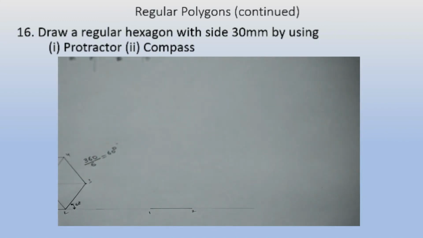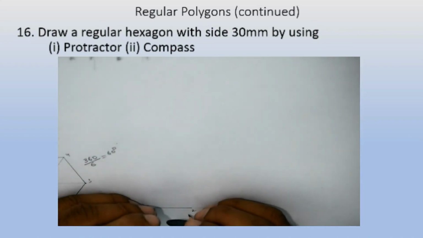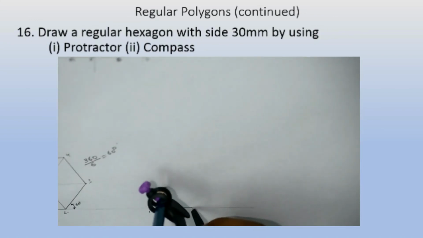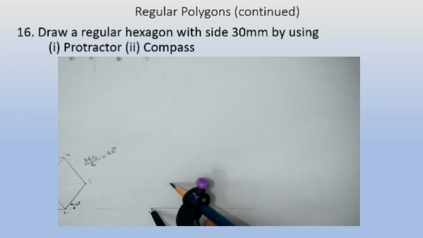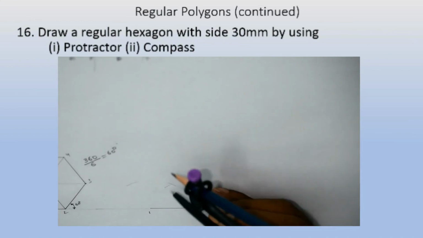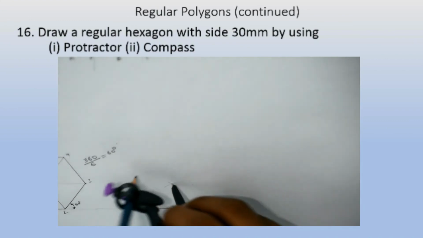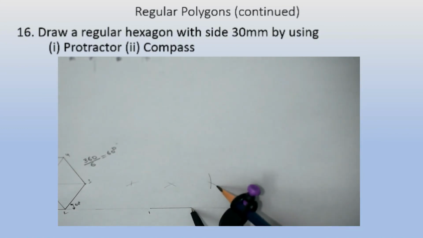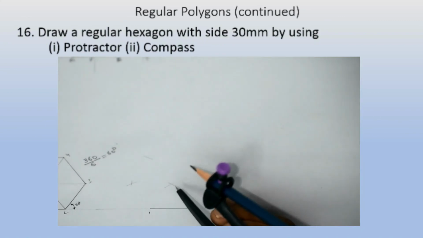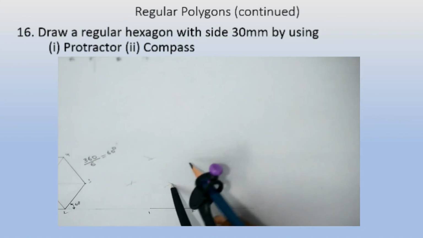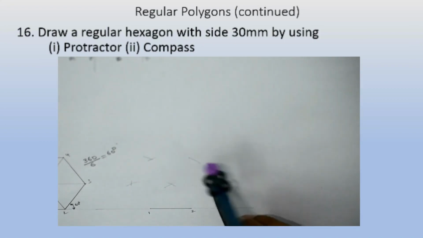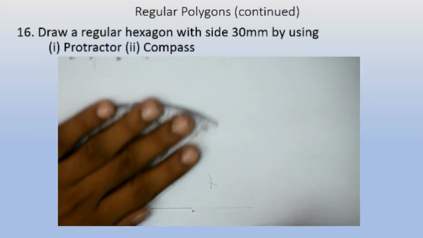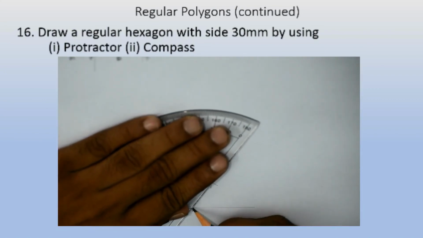Now I will draw the hexagon with the compass method. Here you see that I have taken the compass, and this is my favorite method because I just have to draw one line and I have to measure the distance and cut arcs. As you can observe here, from every point I will draw arcs. You can see the arcs from the center point also. I have just drawn one line and then I am taking only arcs. With these arcs only we can complete the hexagon very easily in no time.